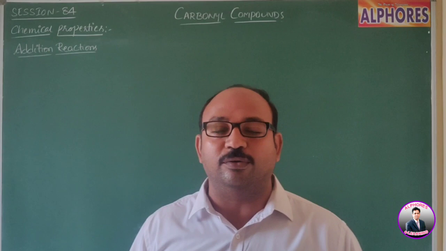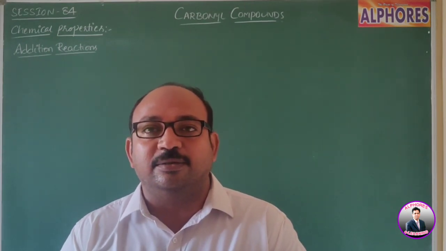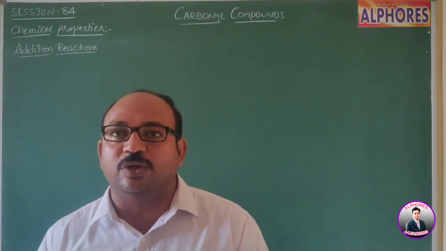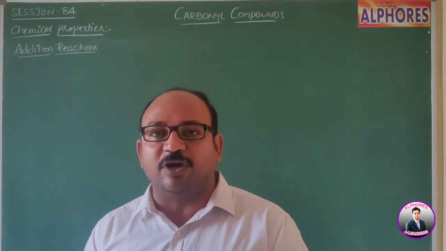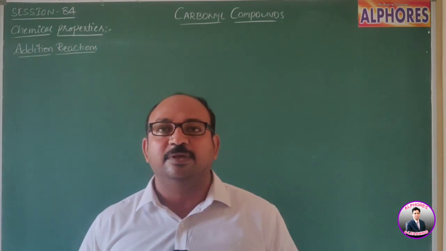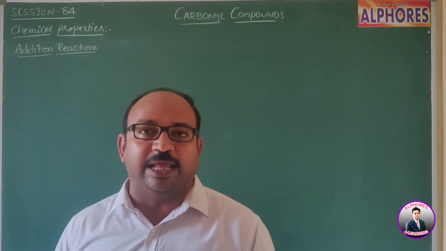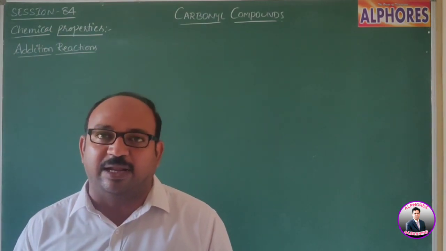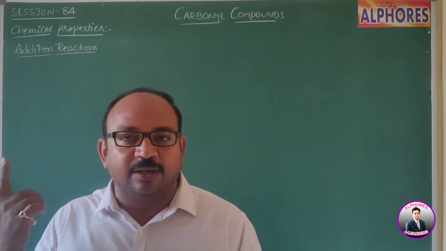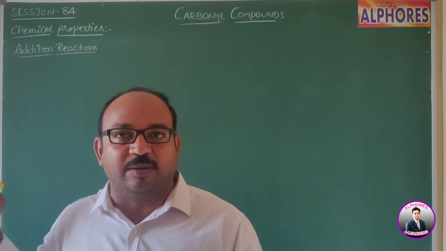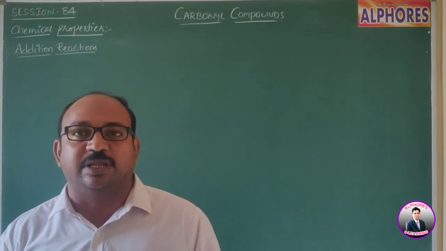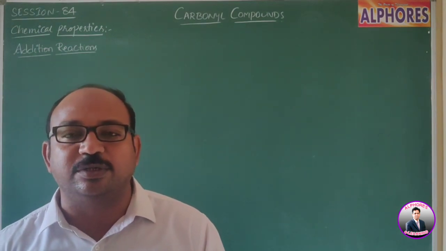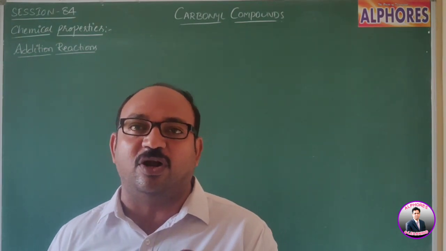This is session 84 and we are learning chemical properties of carbonyl compounds. In the previous session, we learned chemical properties of carbonyl compounds, particularly reduction. What types of reduction reactions did we learn? MPV reduction, Meerwein-Ponndorf-Verley reduction, and reduction by using complex metal hydrides, Clemmensen reduction, meaning zinc amalgam and HCl, and Wolff-Kishner reduction, and in which case carbon-carbon double bonds get reduced, in which case carbon-carbon double bond is not getting reduced.